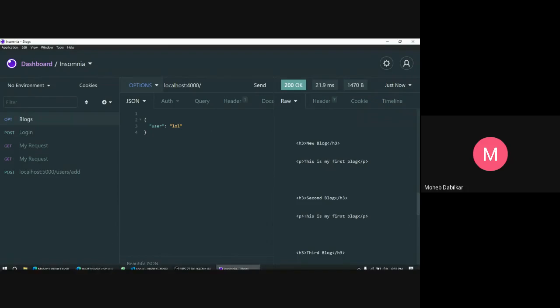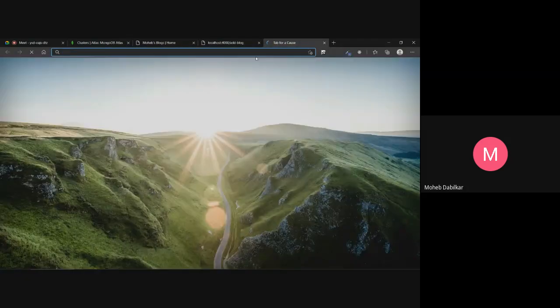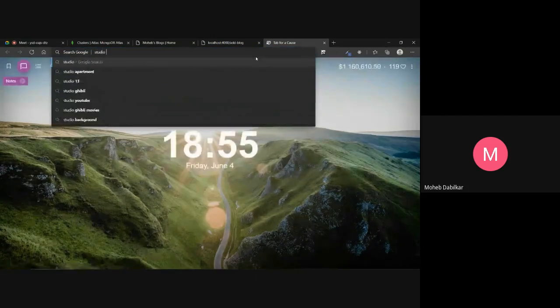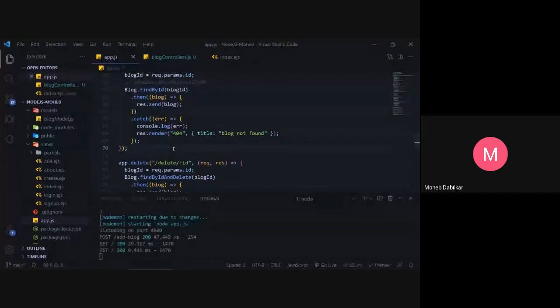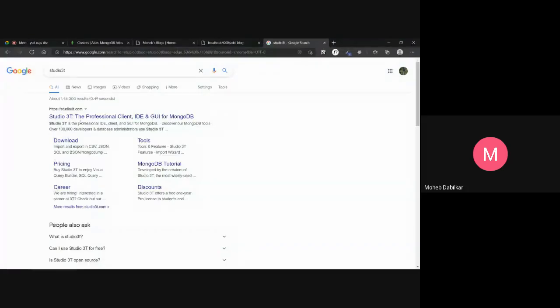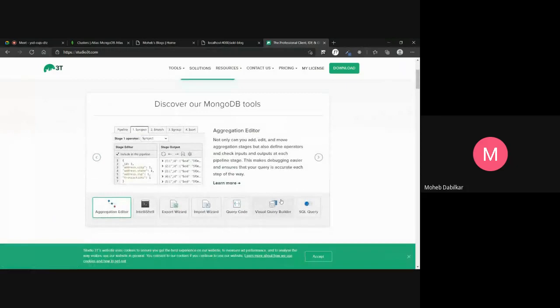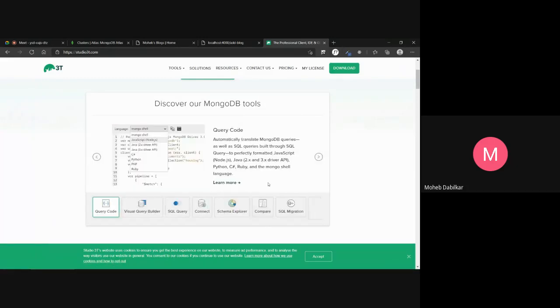Then there is an application for professionals. It is known as Studio 3T. Well, I don't want you guys to dive into it, but just for your information, instead of typing in all this code that we just did over here, what you have to do is, I will have to delete it right now. You have to create a sample model for it, and then export it, and then you will have your query code. So it will look something like this.